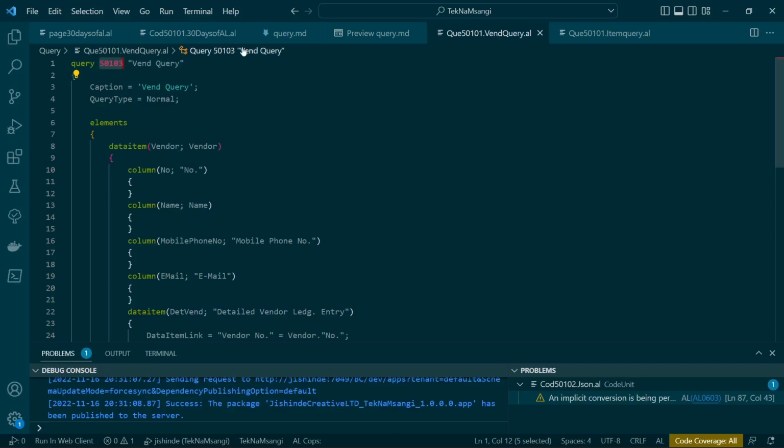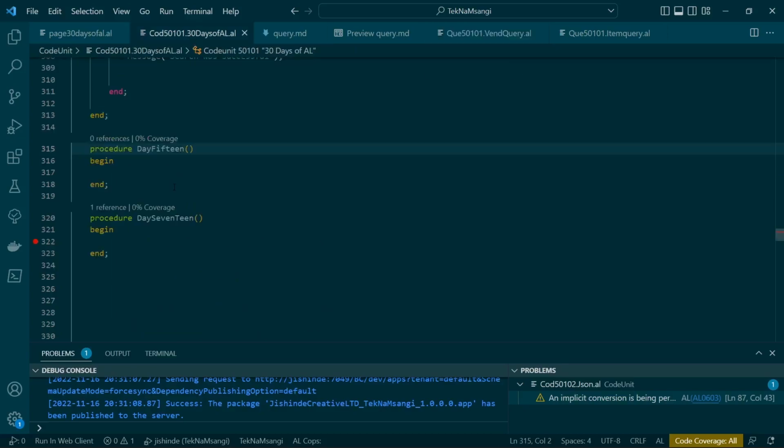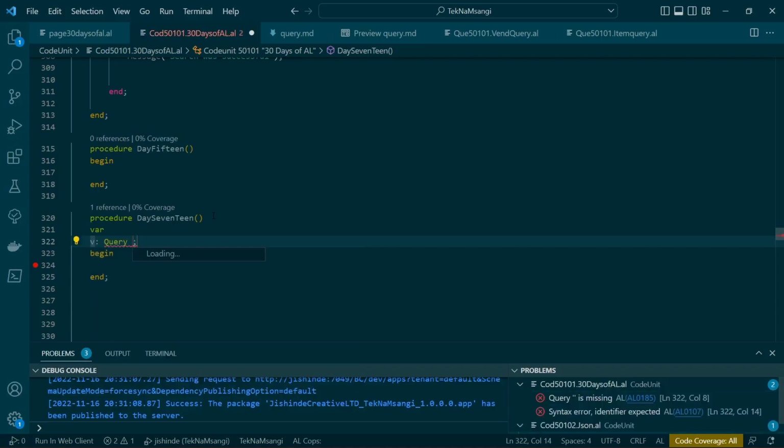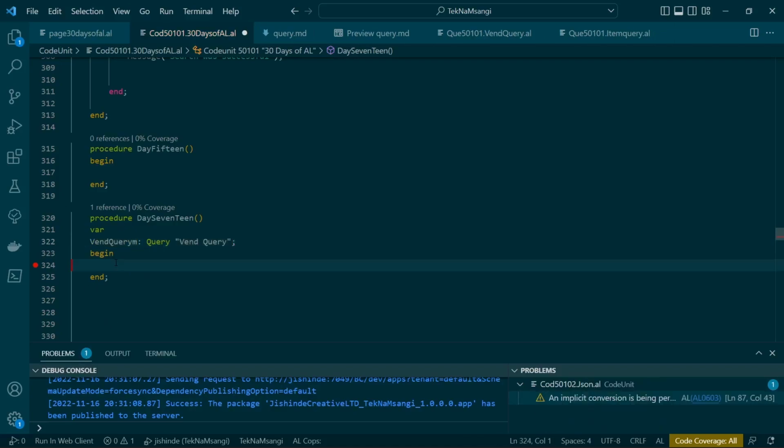We have called it event query. In our 30 days of AL code unit, day 17, I'll initialize a variable of type query, and it will be event query. We get the name of the vendor query in here. So the vendor query,